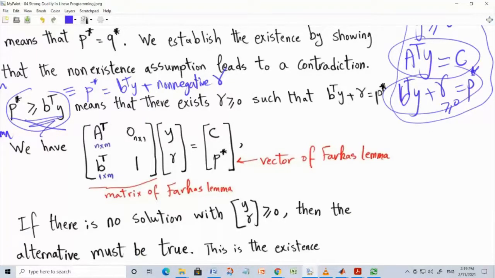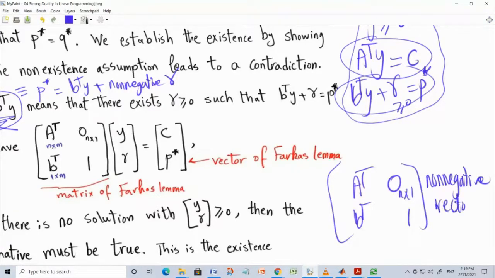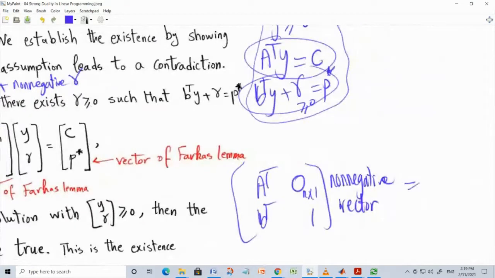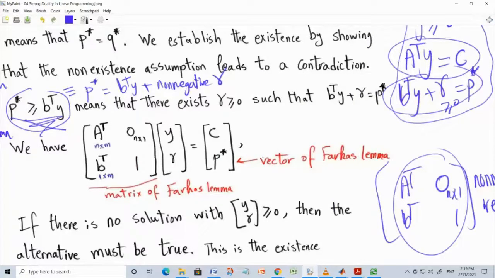So for this to be true, a matrix A transpose, 0 as a column of zeros, B transpose, 1, times a non-negative vector, should give you this. Okay, so this is the vector of the Farkas Lemma, and this is the matrix of the Farkas Lemma. And what we will do is the following. We will assume that this is false. In other words, guess what? You cannot